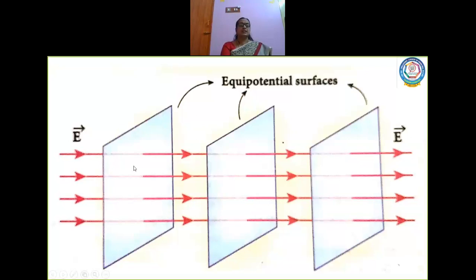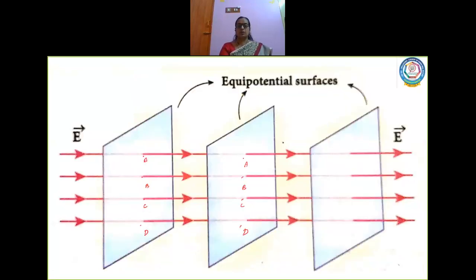Now, the points at these points. See here, I consider a point here. I consider a point here. Consider this point A, here B, here C, and here D. Similarly, A and B, C, D. So, this will be the surface for this particular point. Now, I have a planar surface which is equipotential. Okay, so for a uniform electric field, equipotential surfaces are like this.